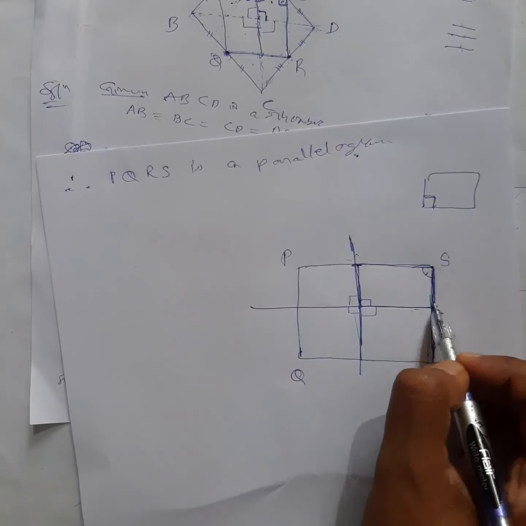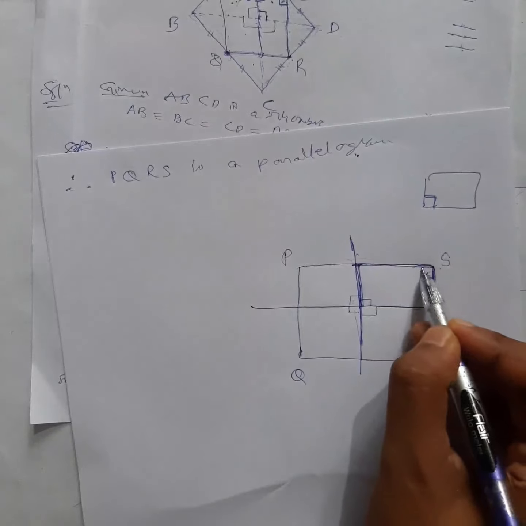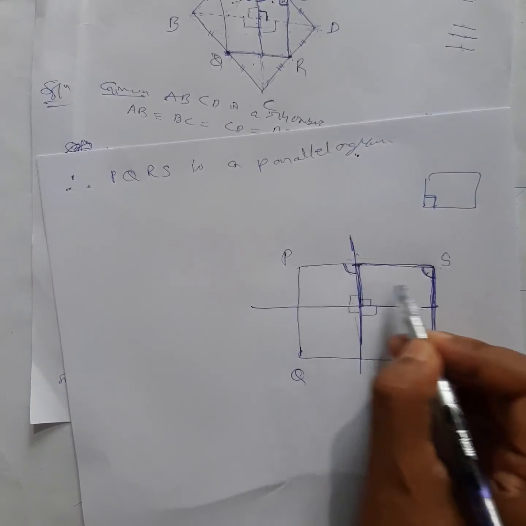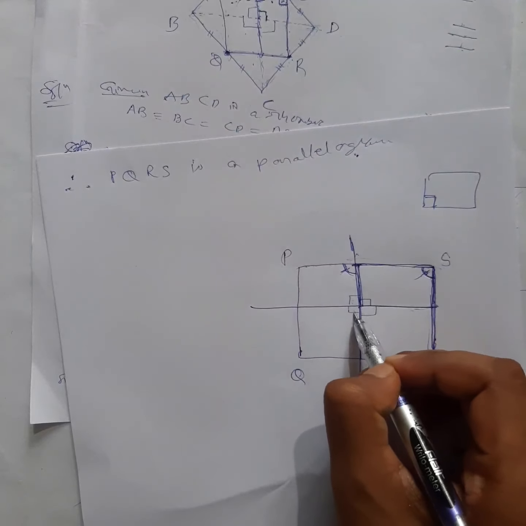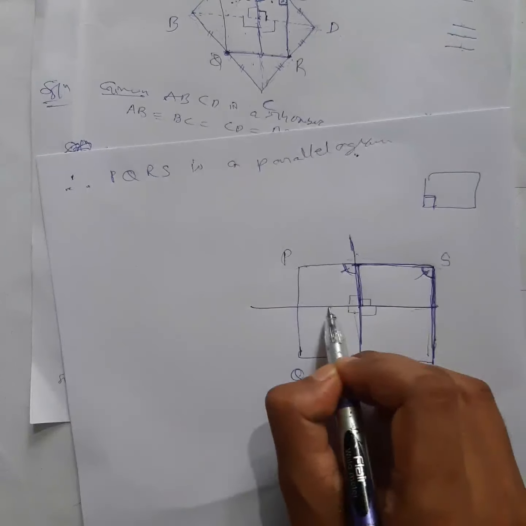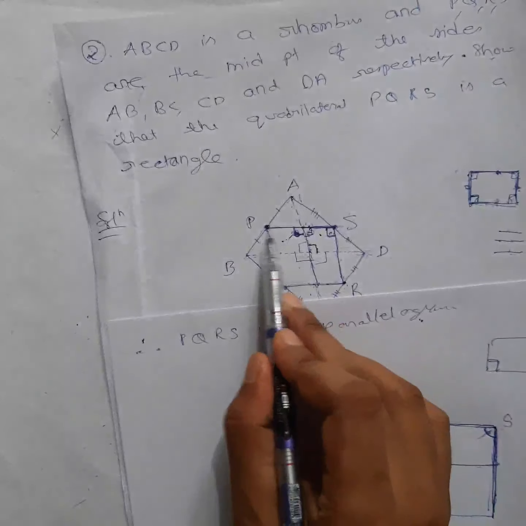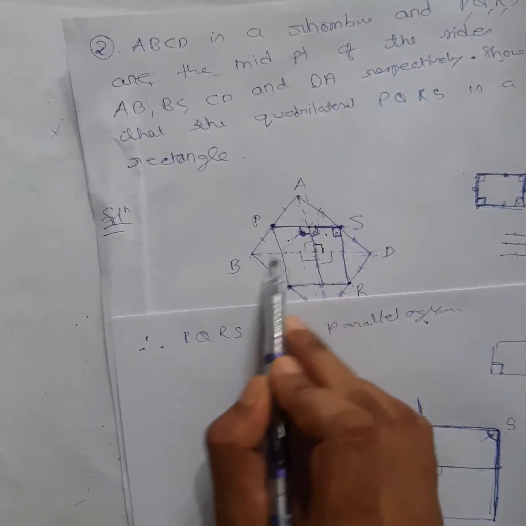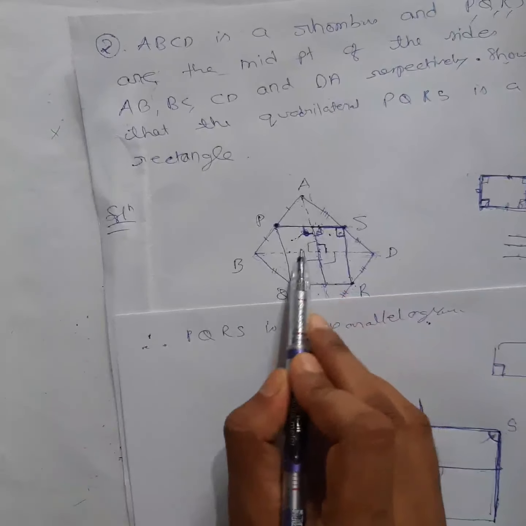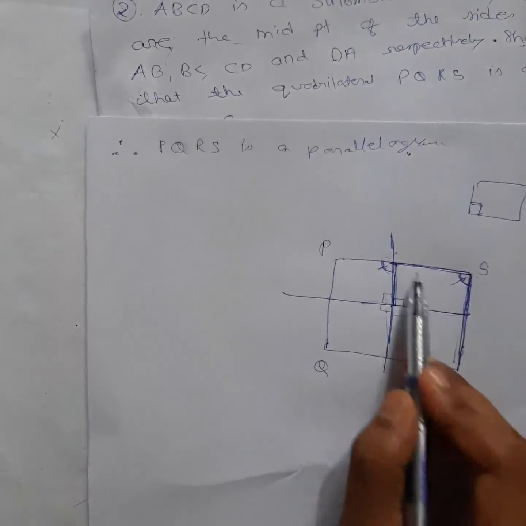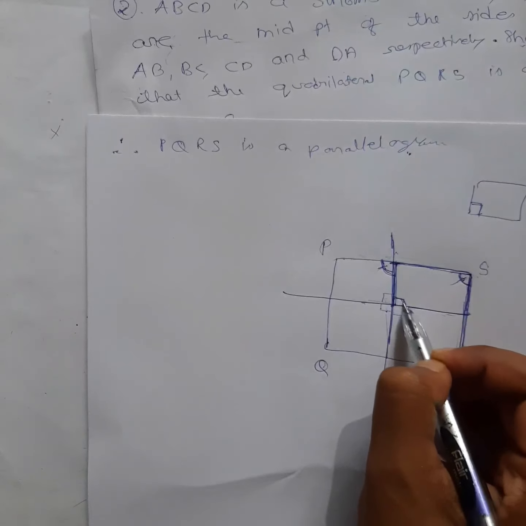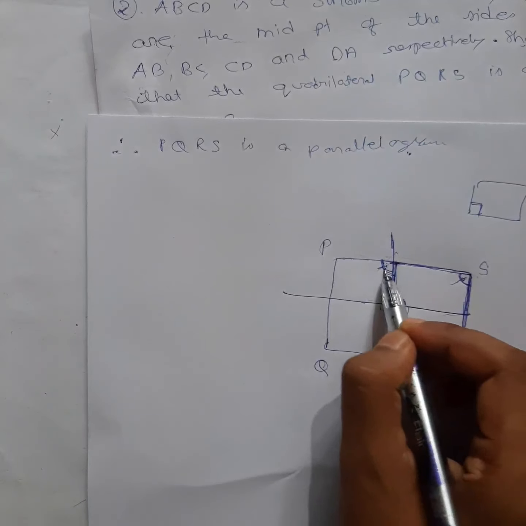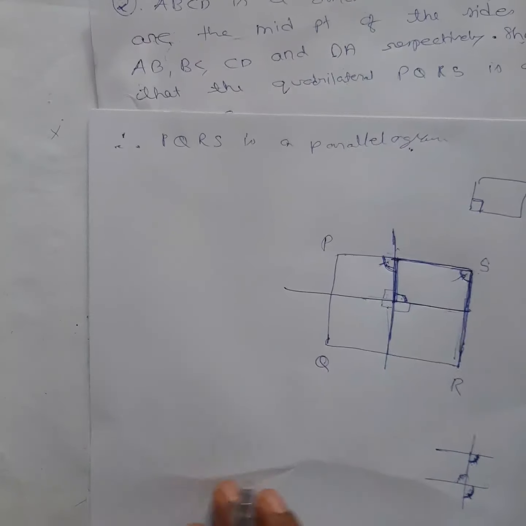We know first this and this are parallel, and this will be the transversal. So can I say this angle and this angle are the same? So if these two angles are the same, this angle and this angle, can I say the same or not? Because see, this and this are also parallel. We have shown in the diagram, right? This and this are midpoints and this forms a triangle. So this and this will be parallel to each other. So can I say this line and this line are parallel? If these two are parallel, this will be the transversal. Then obviously it's easy. This angle and this angle are the same, right? So this angle and this angle being the same means what? This is 90, so this is also 90. This is 90, so this is also 90. So see, from the diagram, once you understand, it's very easy to write down now.